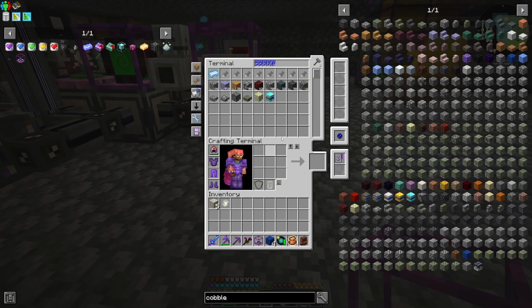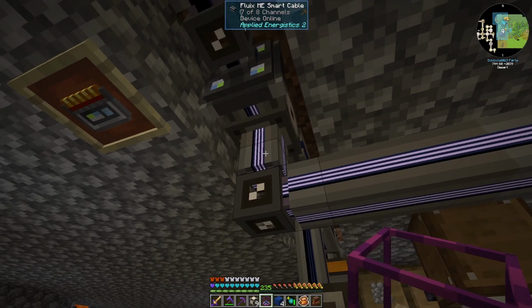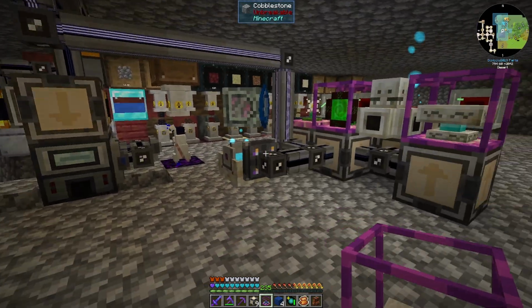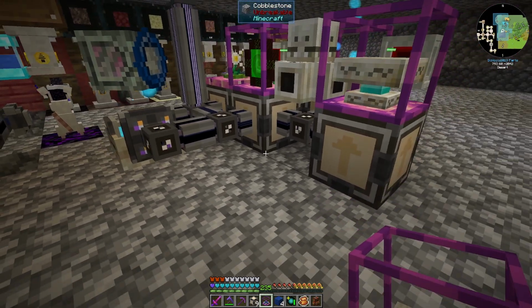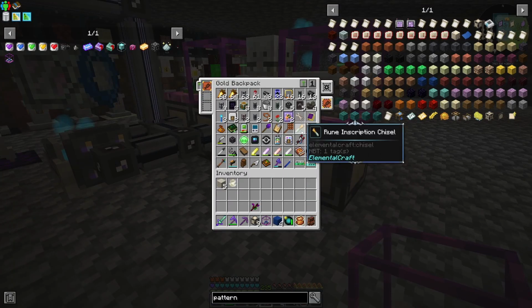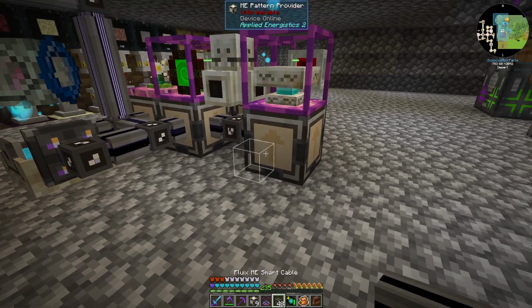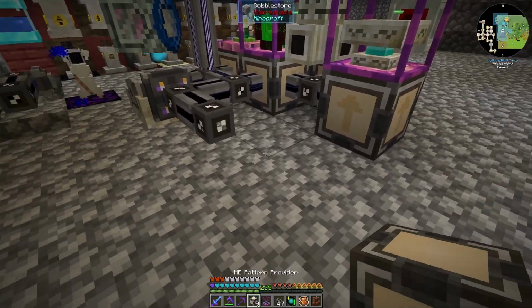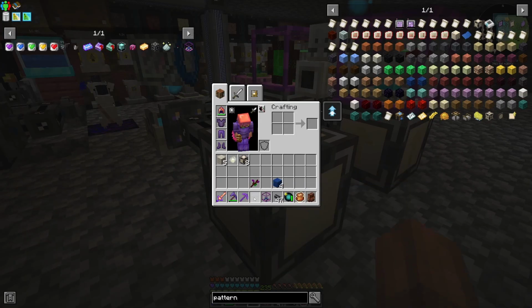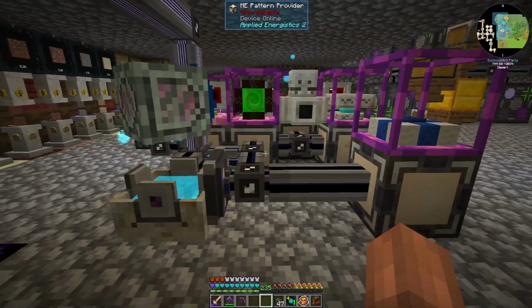So let's just grab another pattern provider. Make sure we got some channels over here. What are we on? 7 of 8. We have a single channel to work with, which should be fine. Let's grab out some cable. Put a pattern provider there. Toss this agglomeration factory on top. And then now we're going to need to see...